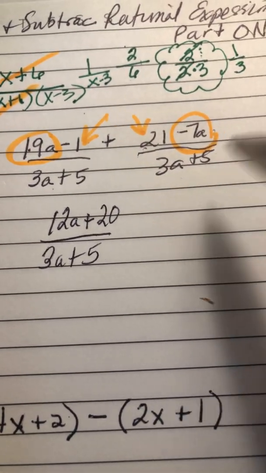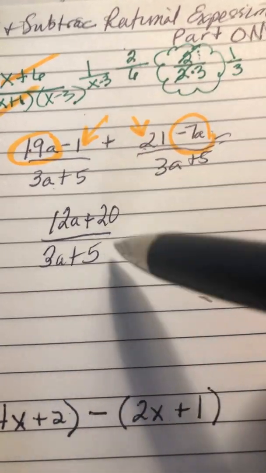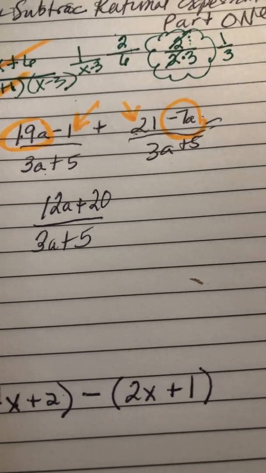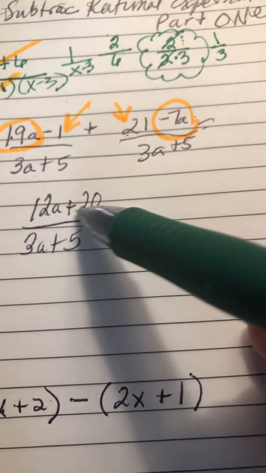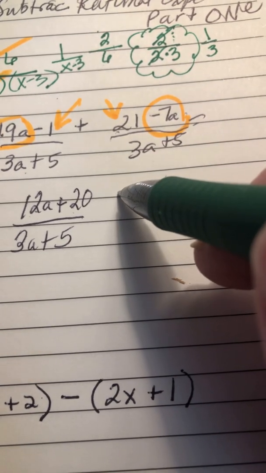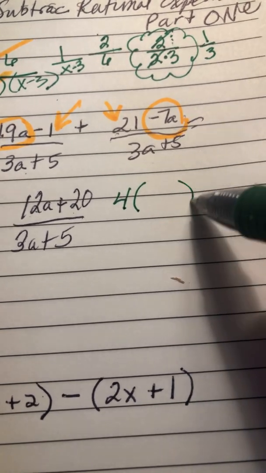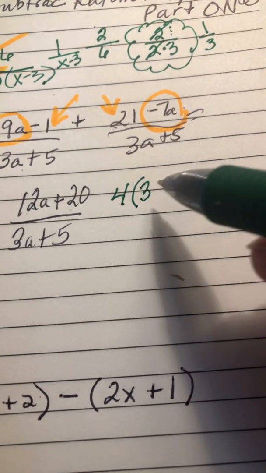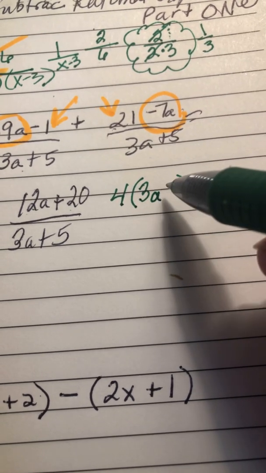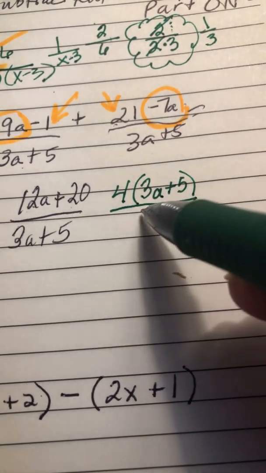And then again, just like in regular numbers, if you come up with an answer, you need to reduce it. You need to simplify it. Well, we got to factor things to see how to simplify it. So when I look at these two terms, the biggest number they have in common is a 4. If I pull a 4 out of there, divide a 4 out, factor a 4 out, I can have 3a plus 5 left over. And on the bottom, I still have